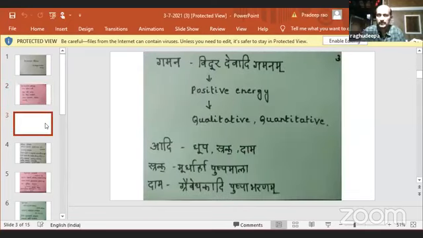So Vidura Gamana means Vidura Devadigamanam, as told by Chakrapani. Here Vidura means the person should visit a place of worship which is far from his place. That is considered a positive energy. And it is tested in many places where the maximum positive energy is seen. The best example I can quote you is